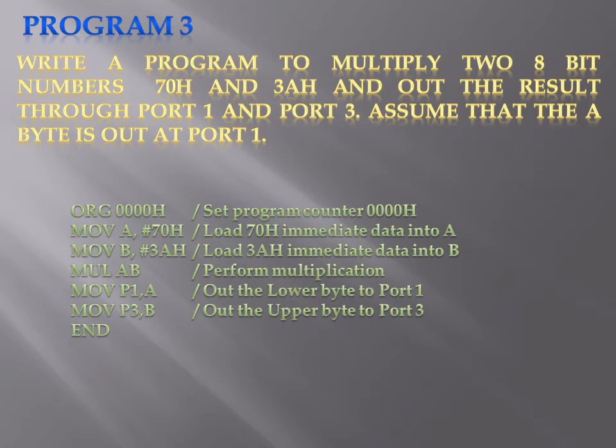Again ORG 0000H, then MOV A, #70H. We are moving immediate data 70 to the accumulator, and again we are moving MOV B, #3AH, the 3A hexadecimal into the B register. Then we use the special instruction in the microcontroller 8051, MUL AB, for the multiplication of the contents of the A register and the B register. So we are multiplying 70H with 3AH, and the result, if